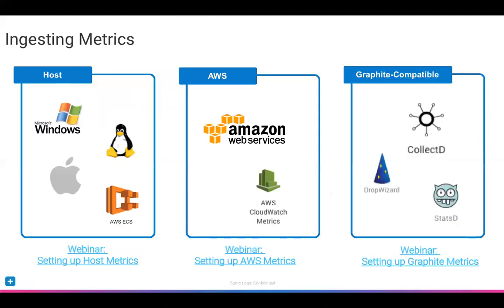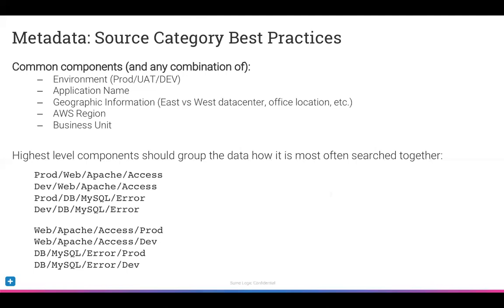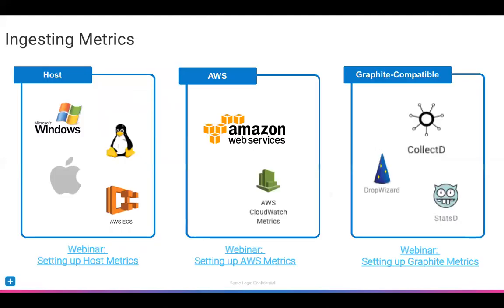All right, so I've talked a little bit about metrics. About logs. When it comes to metrics itself, there's three ways that I can bring in metrics. One is ingesting your host metrics, which is what I just showed you in the UI. Remember, I was bringing in my host metrics from my training server. I can also bring AWS metrics. So AWS sends all its metrics CloudWatch,